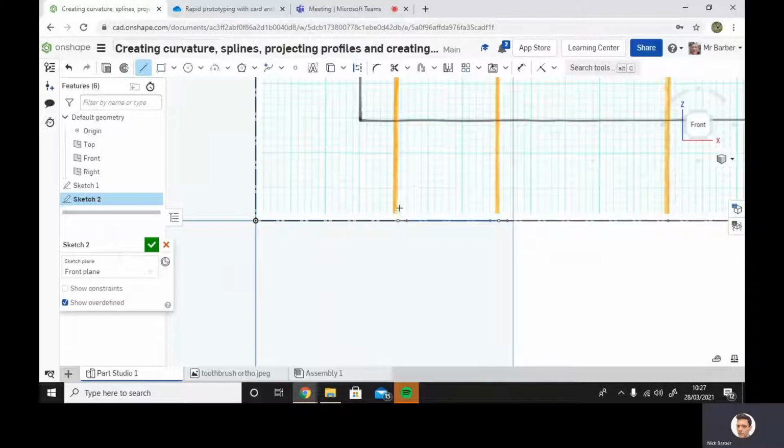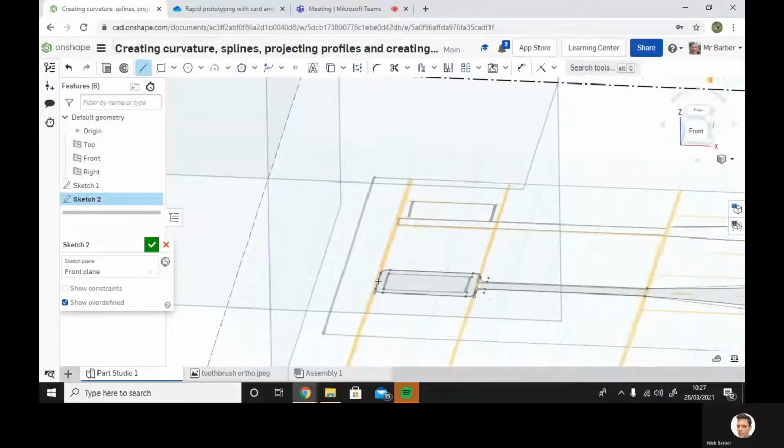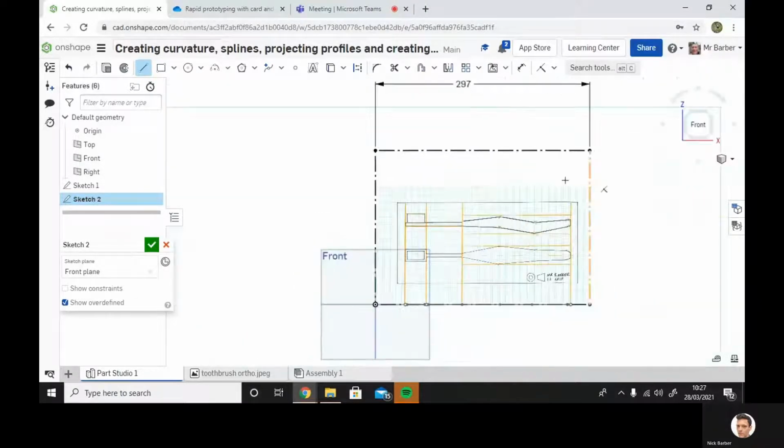we should, it's not working. That's great, isn't it? Okay. What I want to try and do is match up vertically to those points. So let's see if I can,